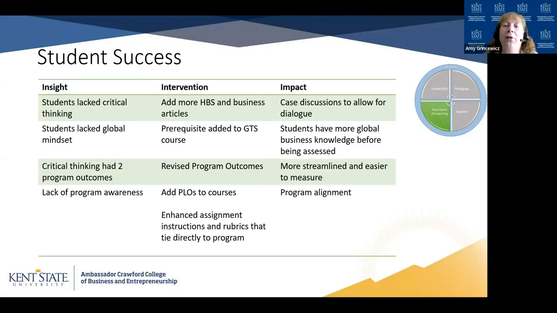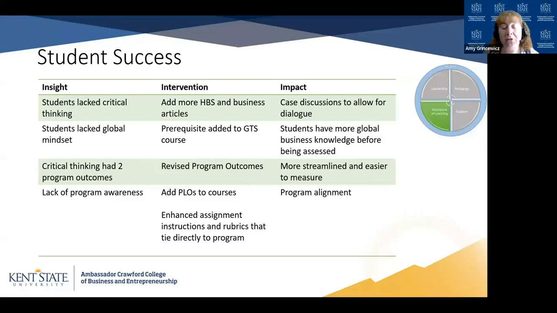We also found out that for our program outcome focused on global mindset, students were in the global tech strategy course, and they didn't really have any introduction to global before. We learned that the course focuses on global, but because we didn't have a prereq for the global tech strategy course, we now added some prereqs. That was a big thing, knowing where the students needed prereqs, so we could make sure we were introducing program outcomes, reinforcing, and then finally showing where they're mastering those outcomes.